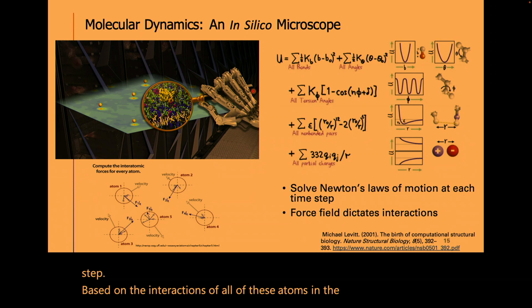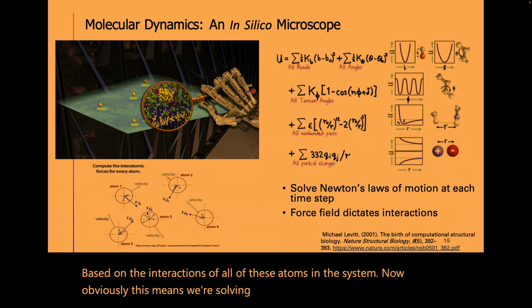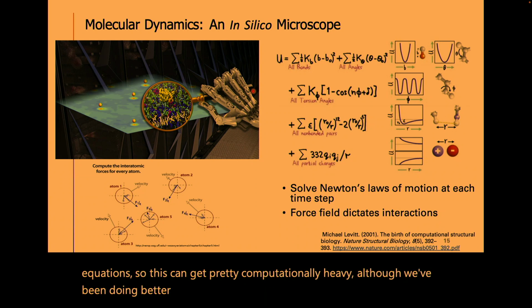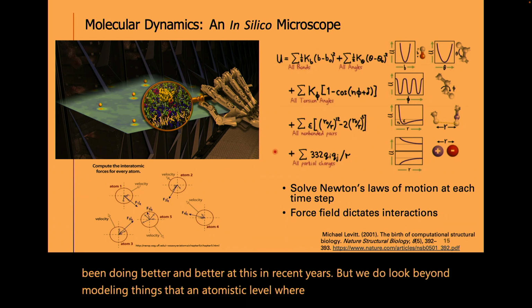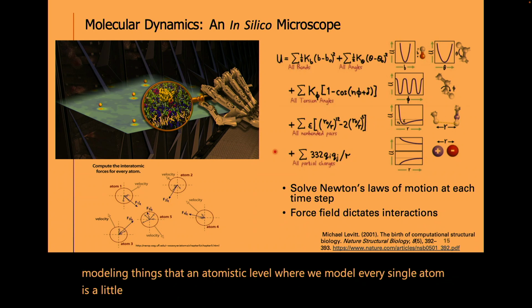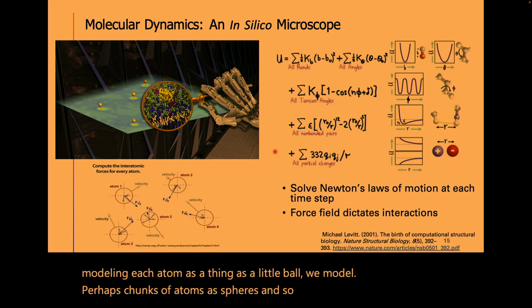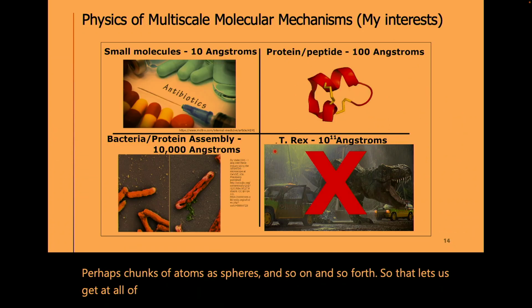Now, obviously, this means we're solving lots and lots of differential equations, so this can get pretty computationally heavy, although we've been doing better and better at this in recent years. But we do look beyond modeling things at an atomistic level, where we model every single atom as a little ball. We also look at coarse graining simulations where instead of modeling each atom as a little ball, we model perhaps chunks of atoms as spheres, and so on and so forth. So that lets us get at all of these different length scales